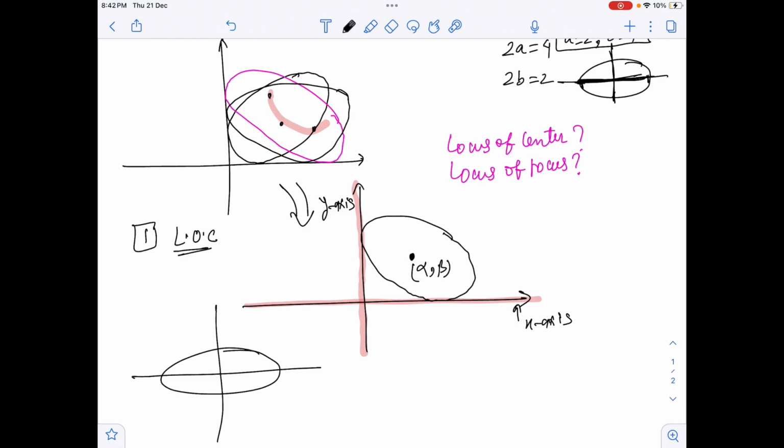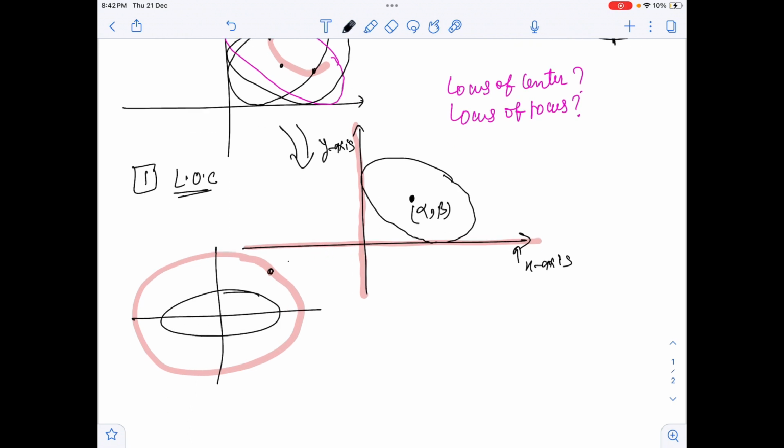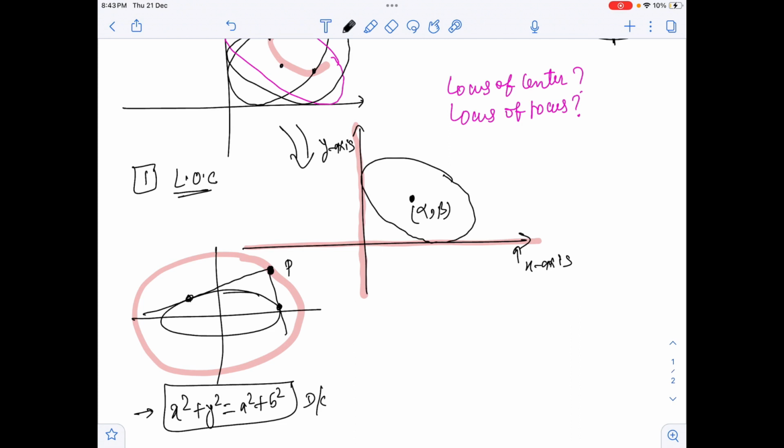As we know from the ellipse property, whose videos will be given shortly, this is a well-known fact: the locus of a point from which mutually perpendicular tangents can be drawn will lie on the director circle, right? So if I pick up any point P on the director circle of the ellipse, which is given by x square plus y square equal to a square plus b square, this is the director circle of the ellipse. What is the director circle? The director circle is the locus of a point from which mutually perpendicular tangents can be drawn to any curve. In the case of an ellipse, it can be shown, which I am taking as a ready-made result to solve this problem as of now,